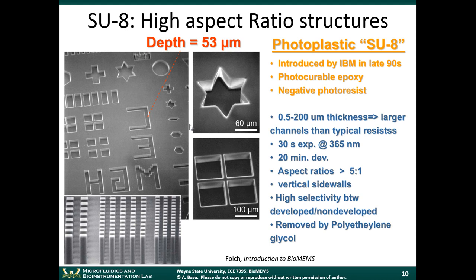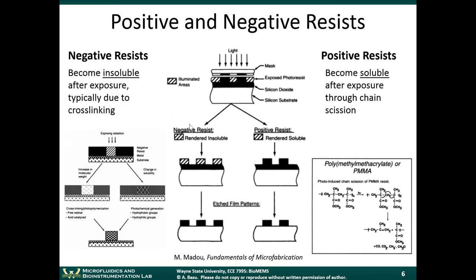Most of these photoresist materials, the typical positive and negative resists, came from the semiconductor industry. In the semiconductor industry, they're not really interested in making thick layers. In fact, they want the layers to be as thin as possible. The different metal layers that go on a microprocessor are going to be very, very thin layers. But when we're dealing with microfluidic devices,